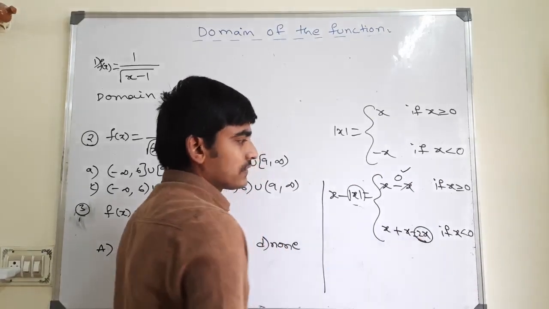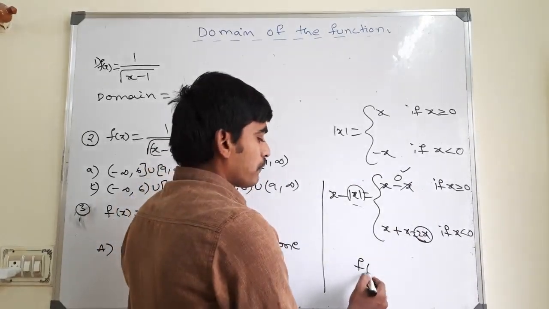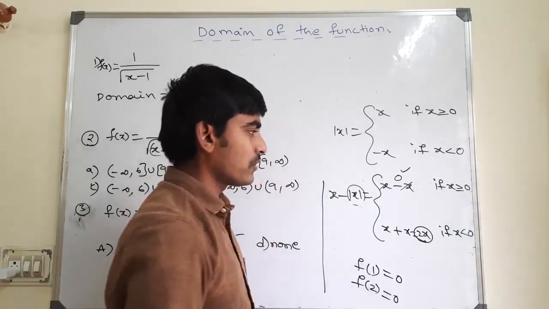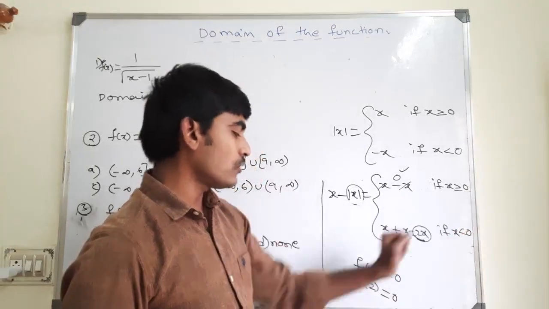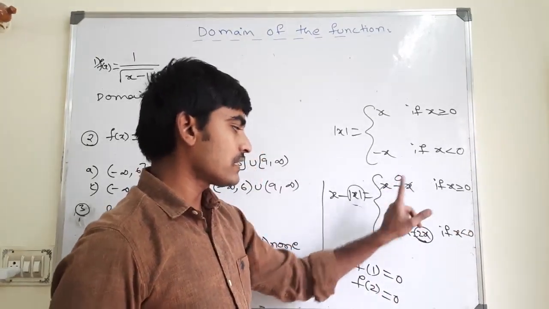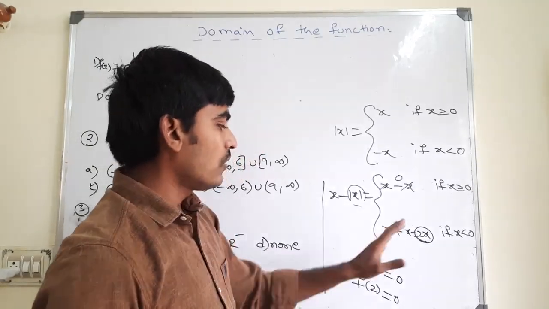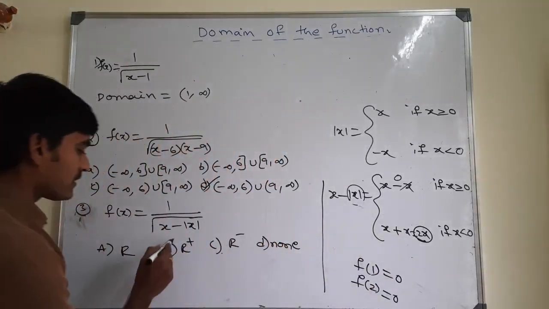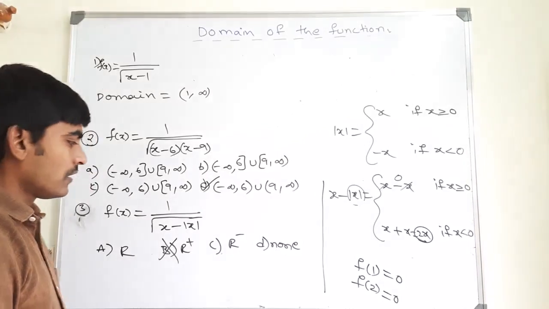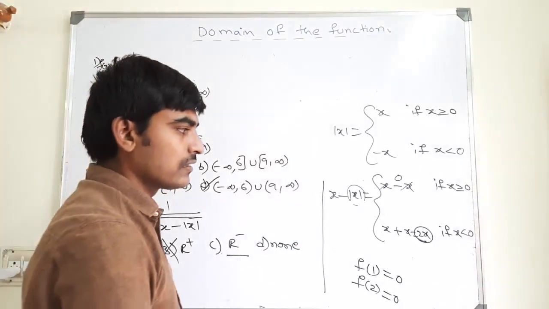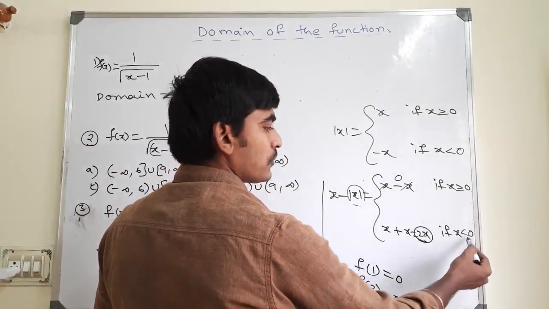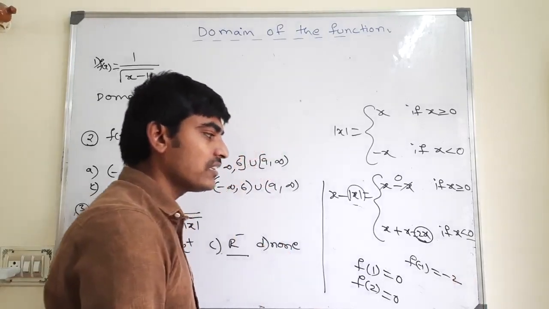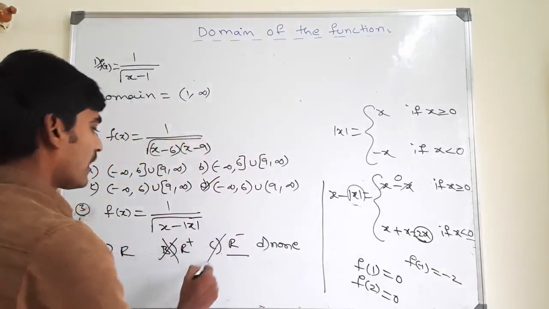If you take f of 1, the result is 0. If I take f of 2, the result is 0. Yes or no? If you take 0 or more than 0, then the result is always 0. Okay? So we are not getting 1, 2, 3 numbers at all. Positive numbers only are not there. So R plus is not possible. Then we'll get all negative numbers? No. See now. Suppose 0 you can't take here. You take f of minus 1, then minus 2. It's starting from minus 2 then. Okay, so R minus is wrong.